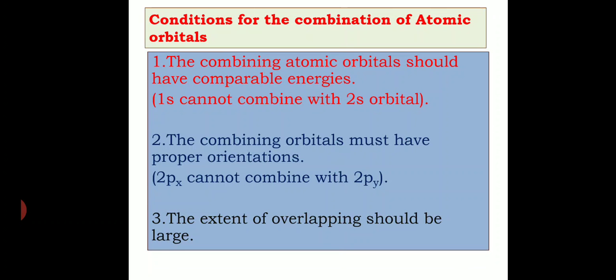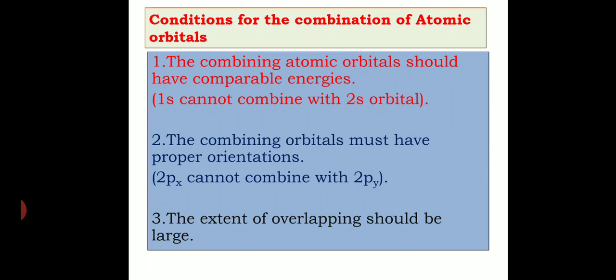Next, second point, the combining orbitals must have proper orientations, right? The arrangement of the electron cloud should be in the same phase. If they are in different directions, there won't be any combination. For example, 2px cannot combine with 2py because they are in different directions, right? So 2px can combine with 2px, 2py can combine with 2py,